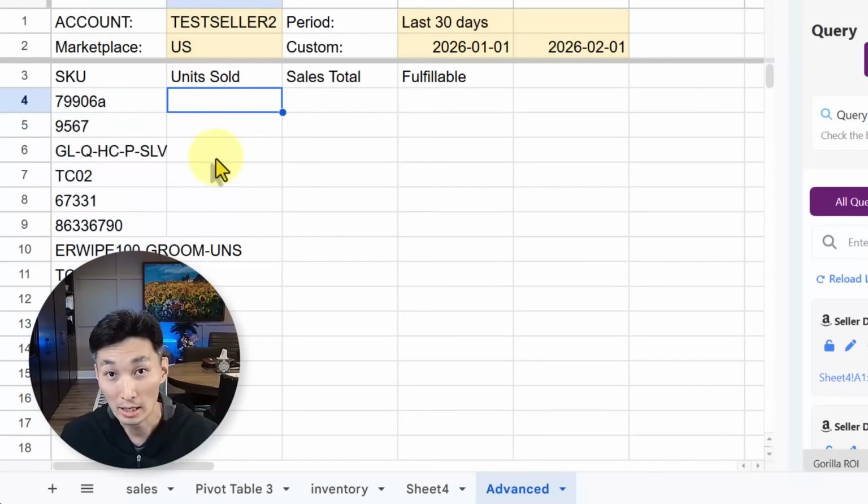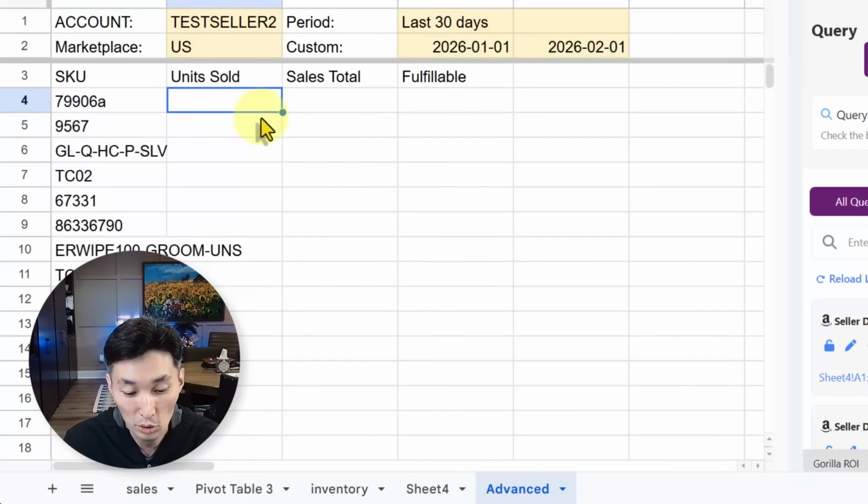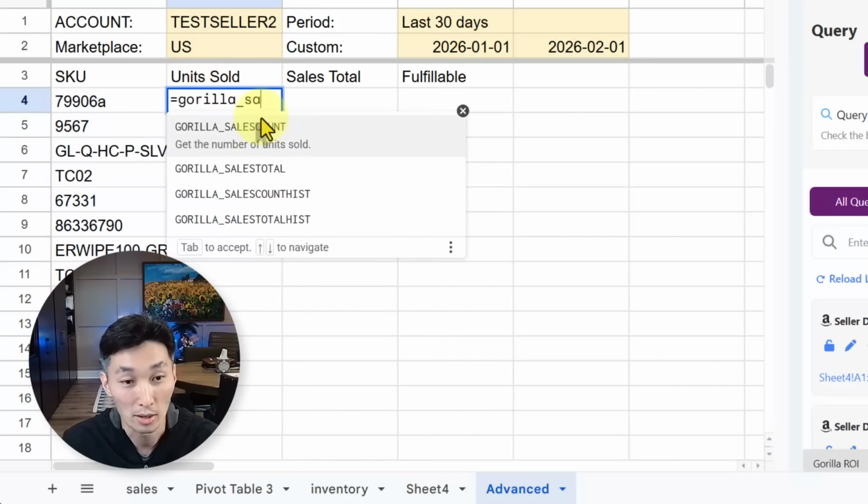Now you can already get an idea of how powerful this could be, especially as you want to create reports on the fly, or let's just say you have an idea or you want to quickly verify some numbers. So I've pulled the SKUs. Let me get the units sold now. So the formula for that is sales count.